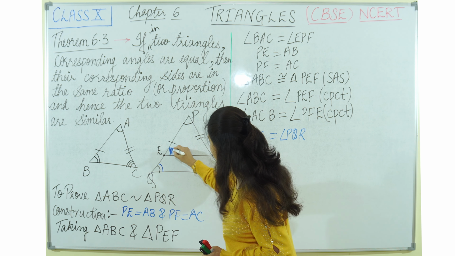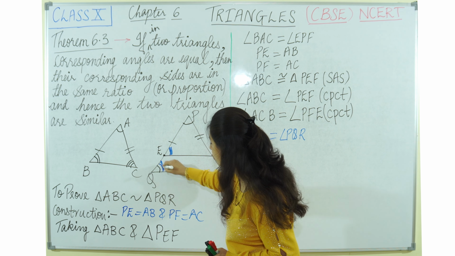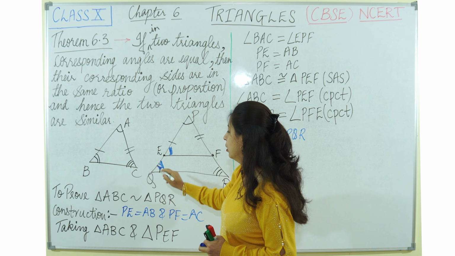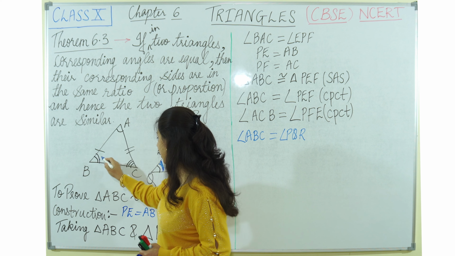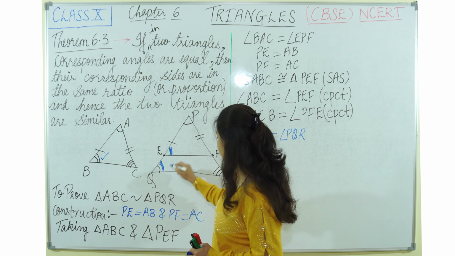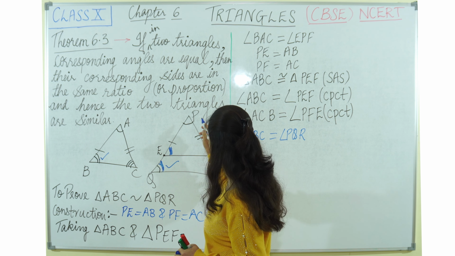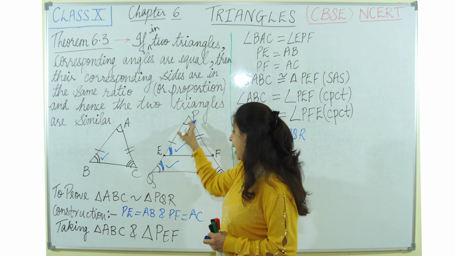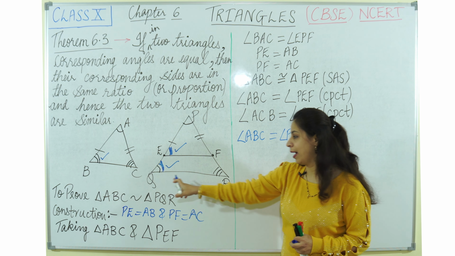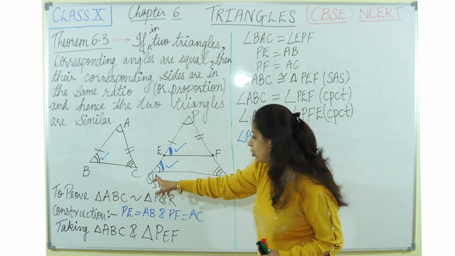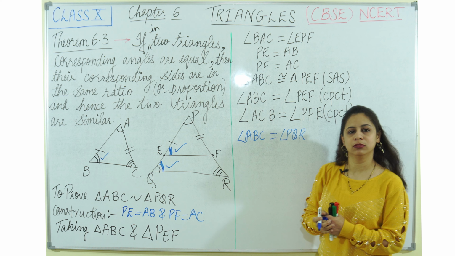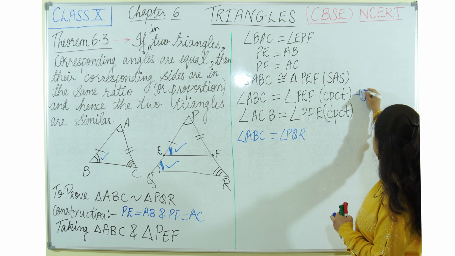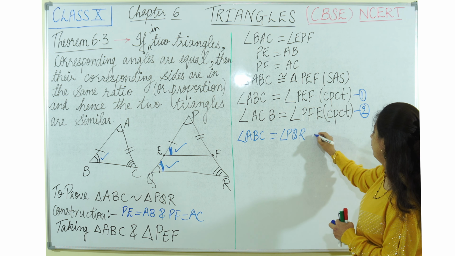So this angle and this angle become equal, because angle ABC is equal to angle PQR as well as it is equal to angle PEF. So from here we can conclude that angle PEF is equal to angle PQR. If you mark the equations as first, second, third,